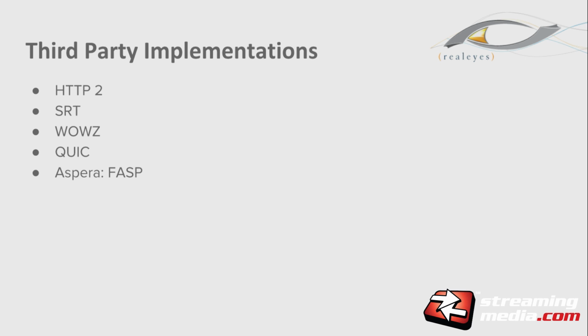Akamai has this working on some of their media stuff. Aspera has their new FASP protocol as well. Once again, they even have a JavaScript library you can integrate with. You're going to need back-end support with this as well. But the idea is everything is really trying to move to more persistent and UDP-based connections in one way or another, with resiliency and fallbacks. That's the benefit of UDP, that it's fast, but it's not so reliable, so there are ways that people are extending upon that. That's where things are headed for new system infrastructure and protocol support, but it isn't there yet. It's starting to. This is where you can do this if you want to right now.